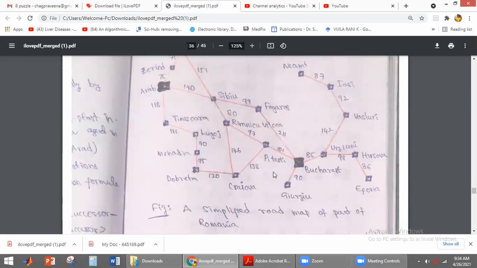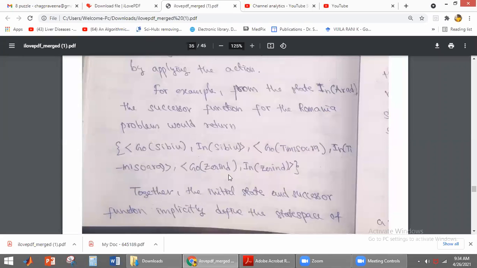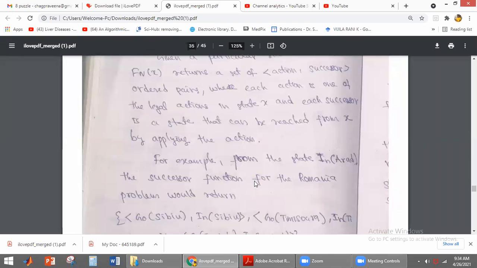For example, for the initial state Arad, the successor states are Zerind, Sibiu, and Timisoara. By performing different actions, it can go to Zerind, Sibiu, or Timisoara. These are the three successor states of Arad.